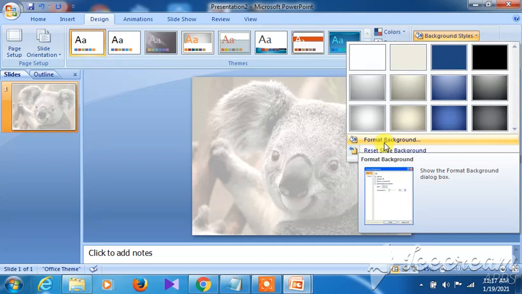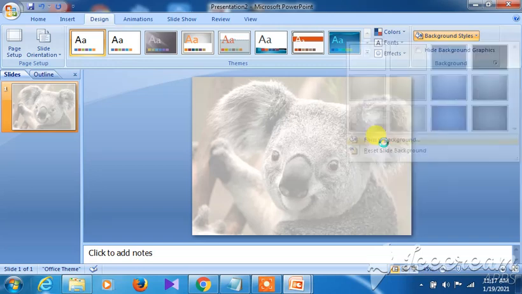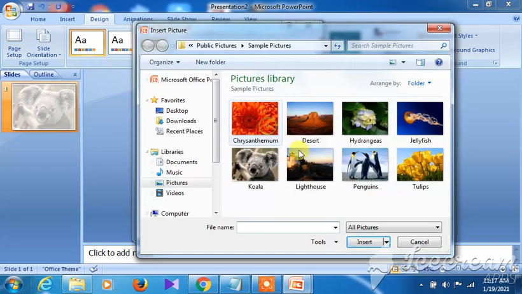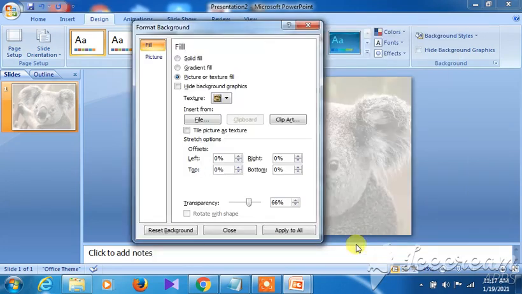So the menu and options that you have to use, I had pointed out already. First of all, you have to go to Design, then come to Background Styles, then choose Format Background. And then from here select Picture or texture fill, and then come to File, choose any file that you want to set as a watermark. Suppose this one, and then click on Insert,